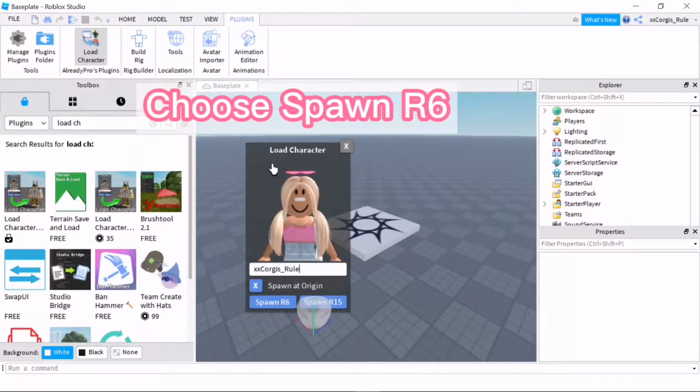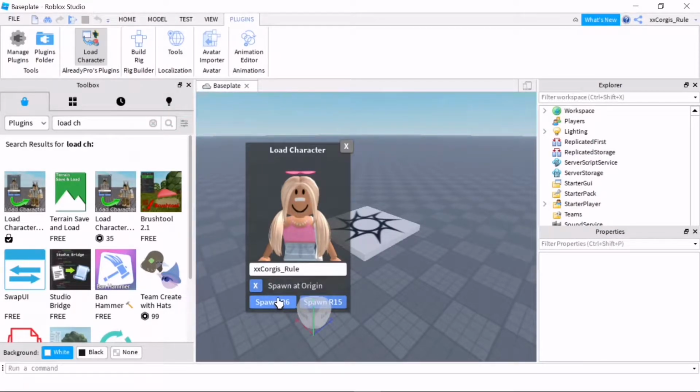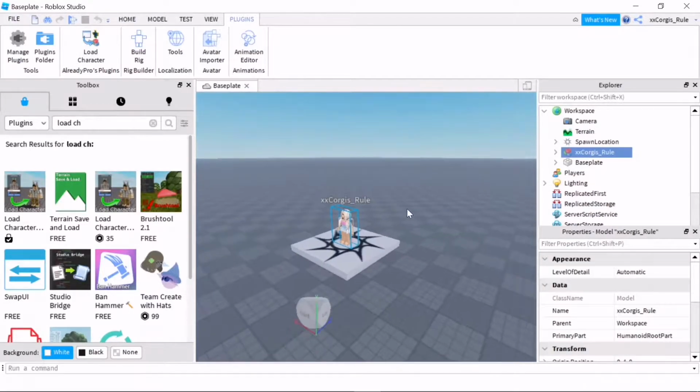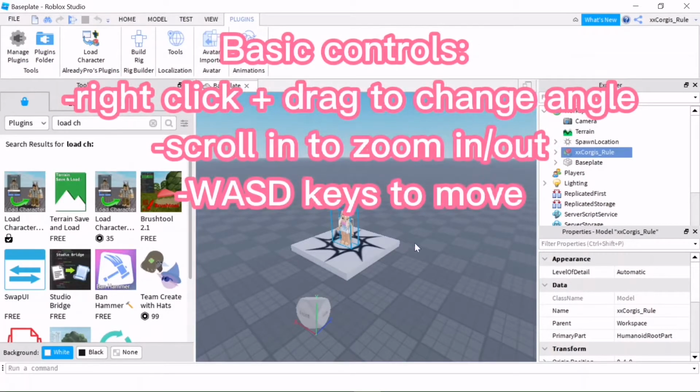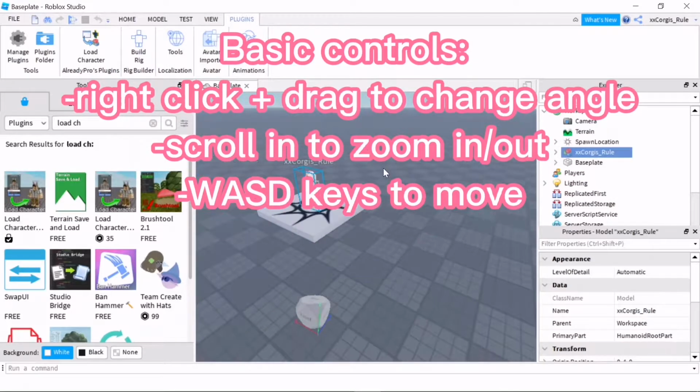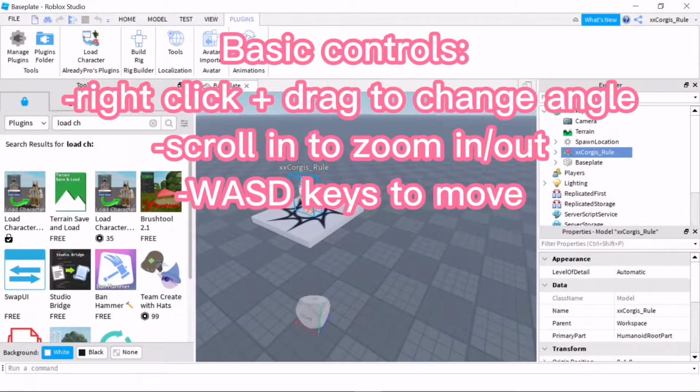After that, the avatar should pop up, and you can press spawn at R6. Do not do R15 or else it won't work. So my avatar appeared here, and now I'll teach you the basic controls. Right click and drag to change the angle, scroll in with your mouse to zoom in, and then